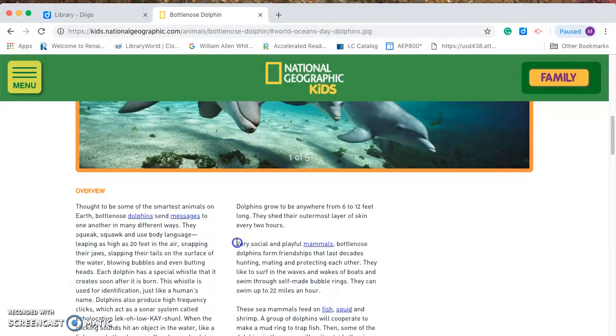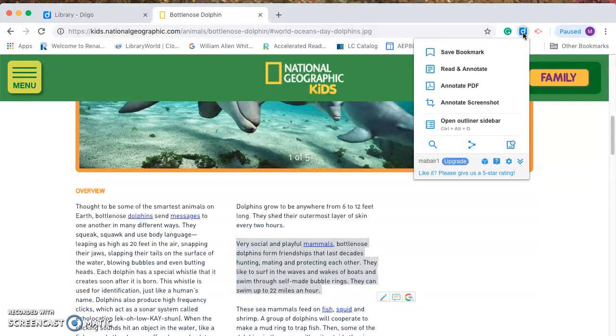So I'm just going to choose this paragraph right here, that they are very social, playful mammals. Bottlenose dolphins form friendships that last decades. So I'm going to highlight that, and once I highlight it, I have an option. I can either highlight it, or highlight it and add it to a sticky note, or search it in Google. I don't want to search it in Google, but what I do want to do is come back up here to my diigo, click on that, and read and annotate that. So I'm going to go ahead and click on that,